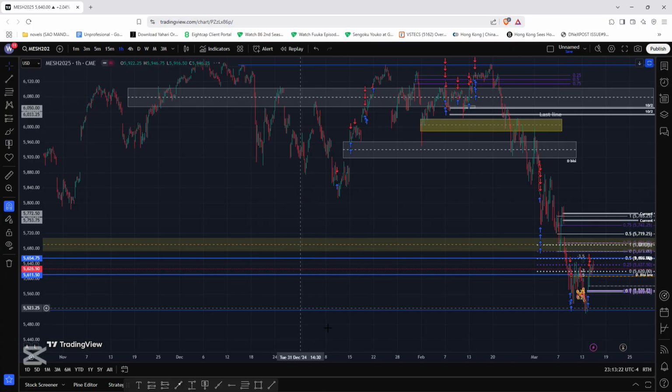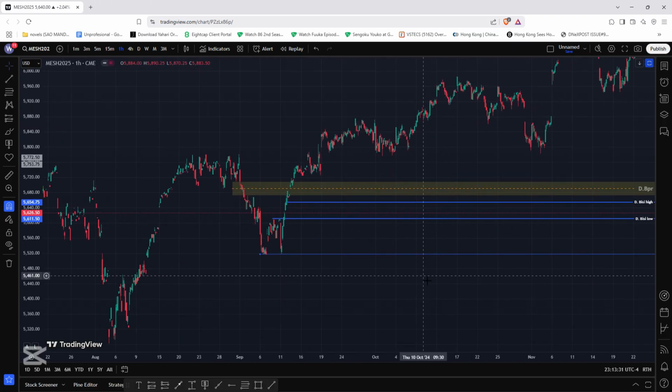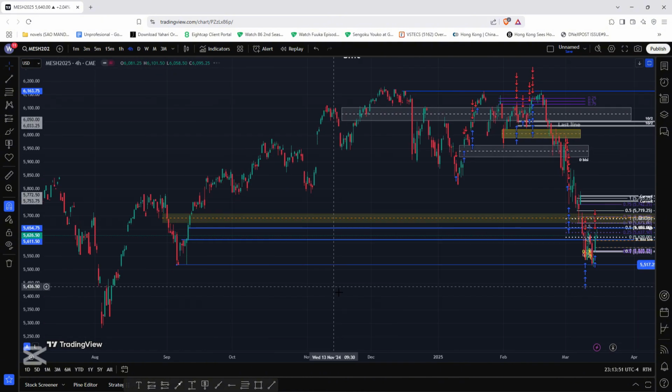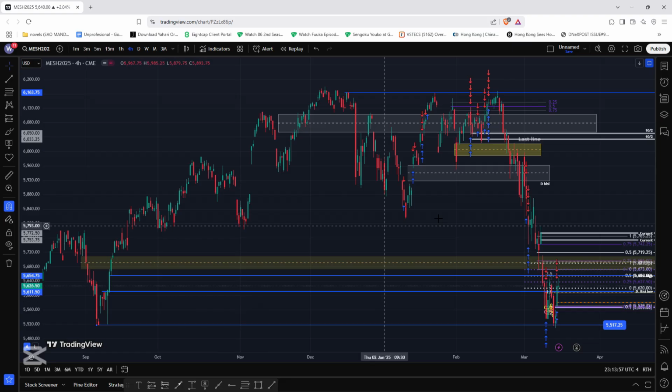So yeah, as you can see, it did reach it, marked the week low, and just retraced back to the weekly range. And yeah, I'm pretty satisfied with my high time frame draw being taken, although I did not participate in this move. But well, it is what it is. In trading you can be right about the direction, but you can be wrong about your entries. So today it was a winning trade,